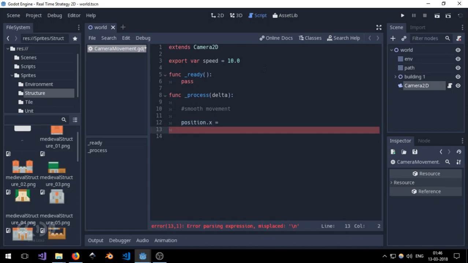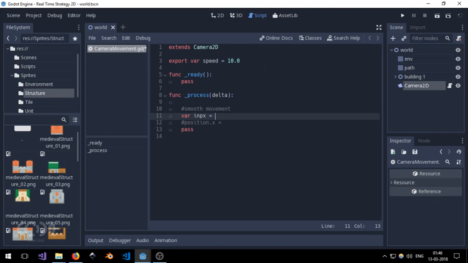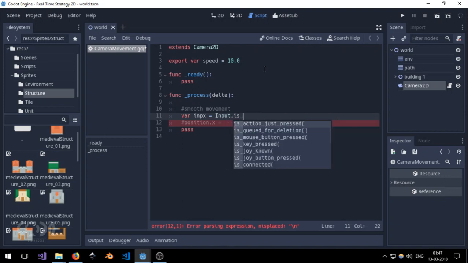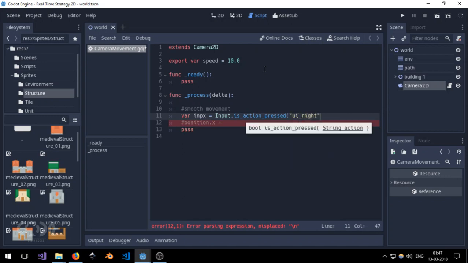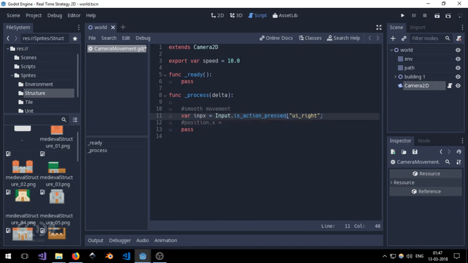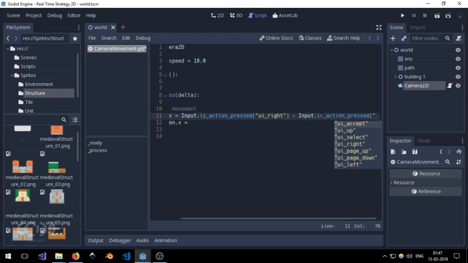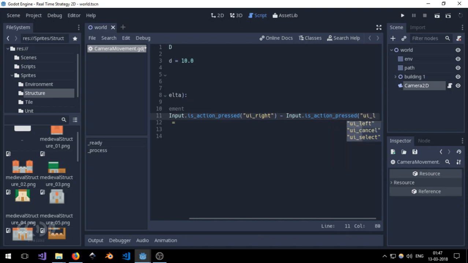So to do that, we're gonna create a new input_x, and we're gonna store the value of Input.is_action_pressed("ui_right"), and subtract Input.is_action_pressed("ui_left"), and just place a bracket over here and a bracket at the start,